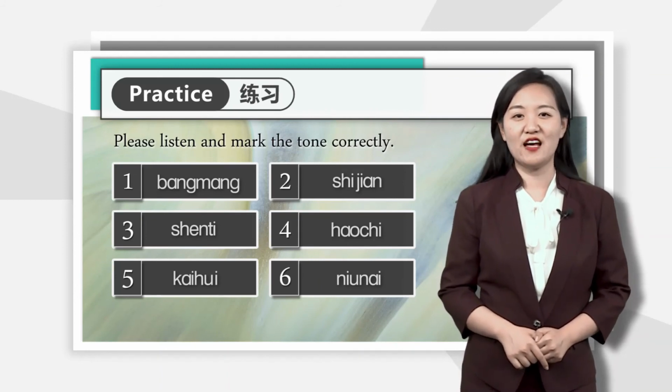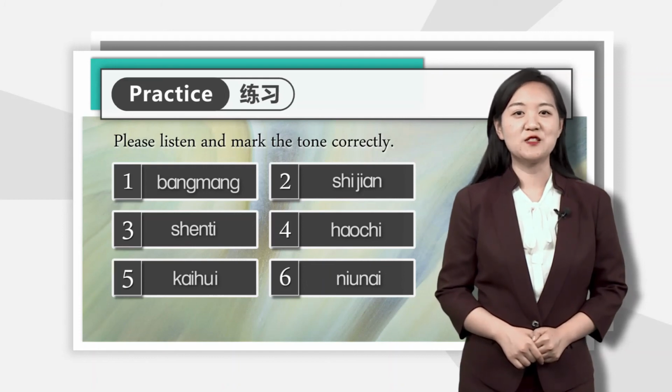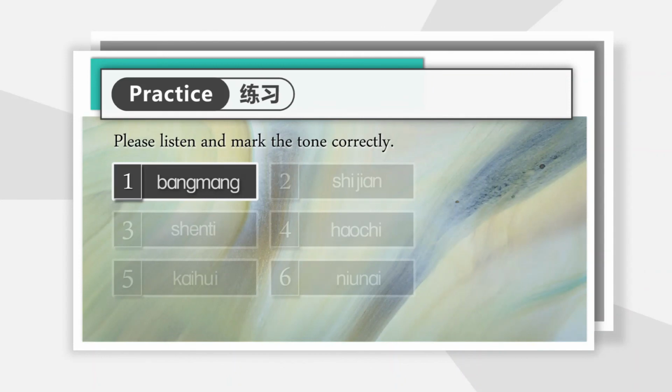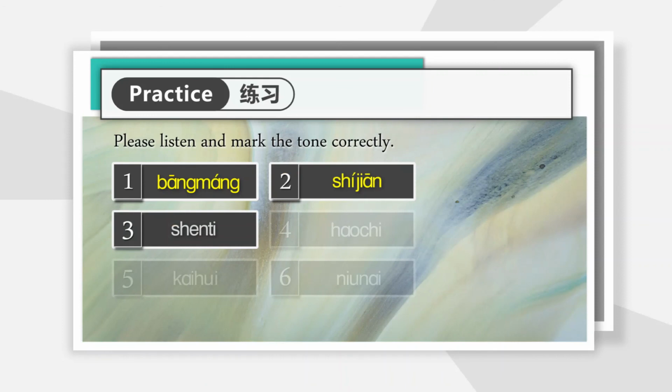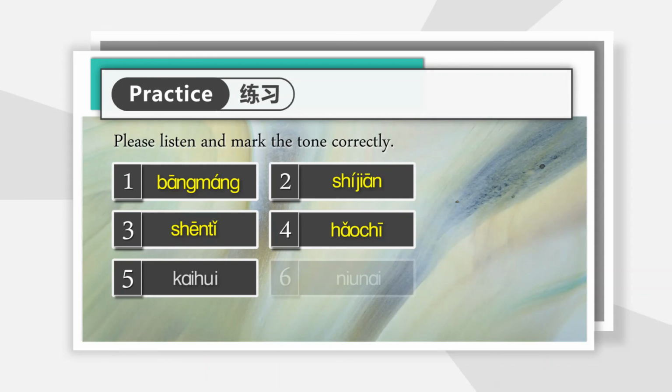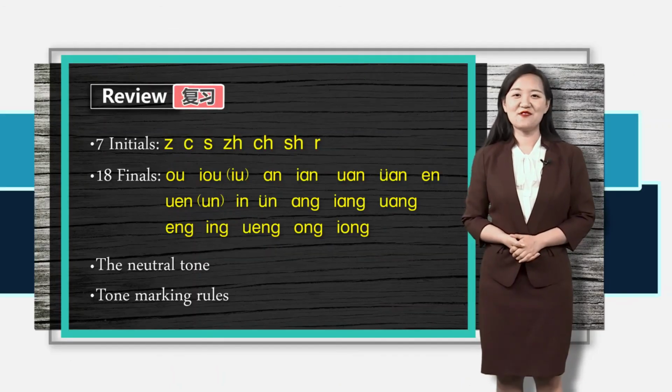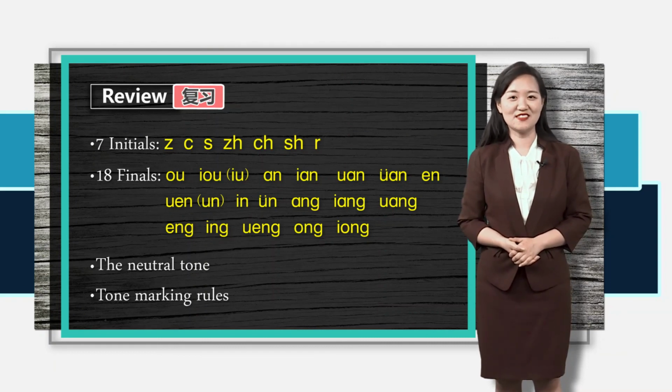Now let's do some practice. Here are some pinyin without tones. Listen to me carefully and put the tone marks. 1. 帮忙 2. 时间 3. 身体 4. 好吃 5. 开会 6. 牛奶。Okay, today we have learned all the initials and finals and tones, and we have also learned